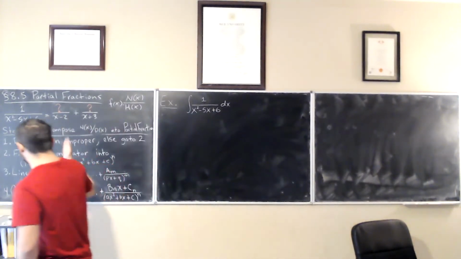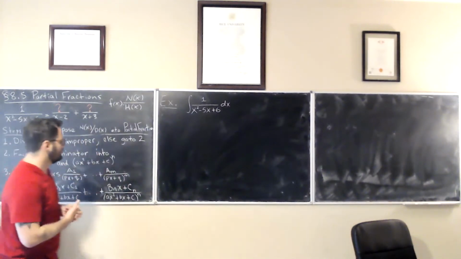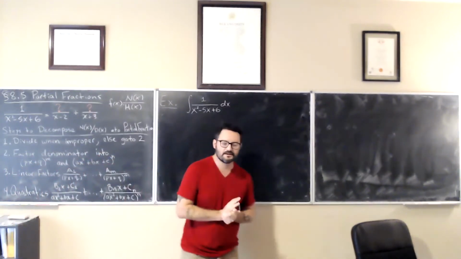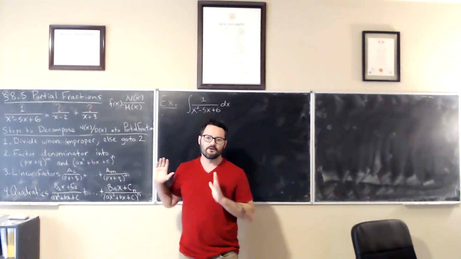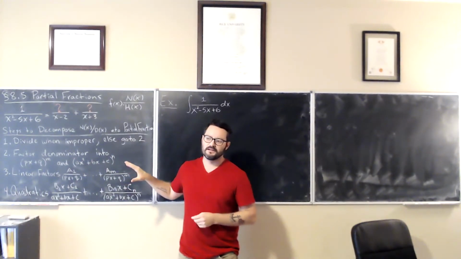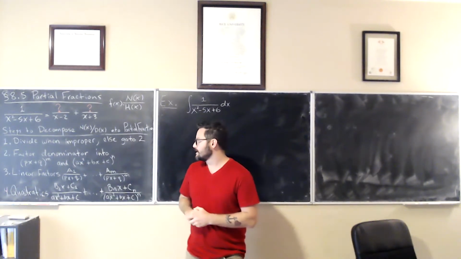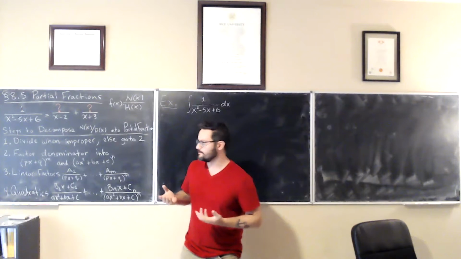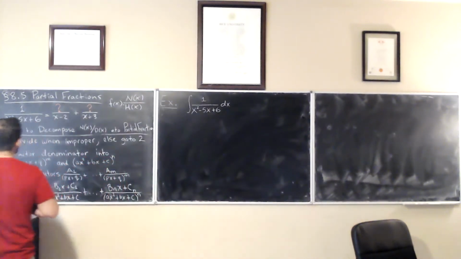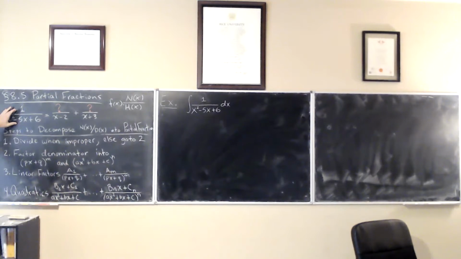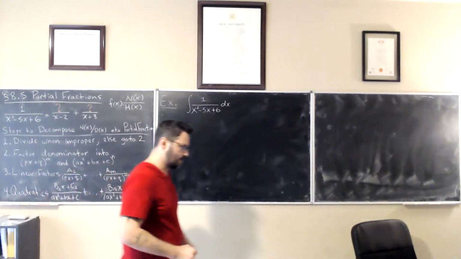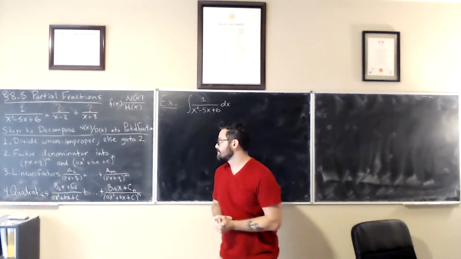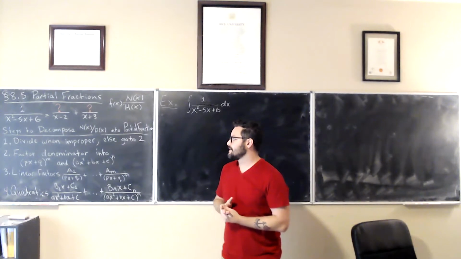There is a bullet point list in your textbook, but as typical, I try to shy away from the tables and just think about what's going on. The general idea is the important thing. And the idea is this. If you have a rational function that is in a proper form, so it's not an improper rational function, you can write that as a sum of, what's the best way to describe this? A sum of